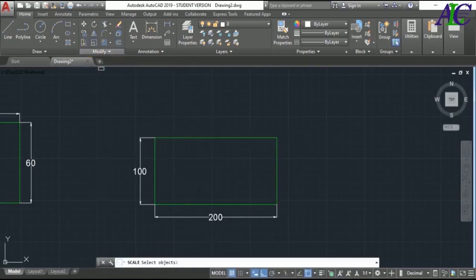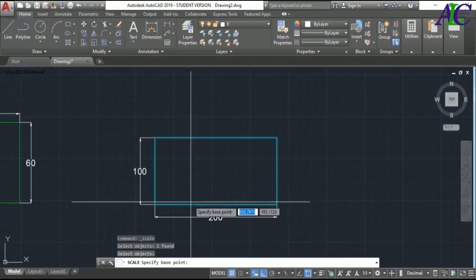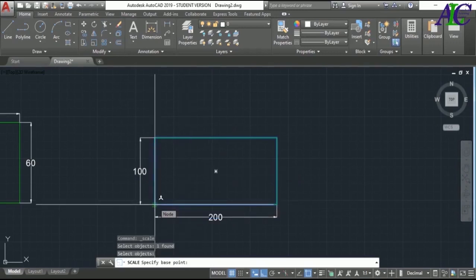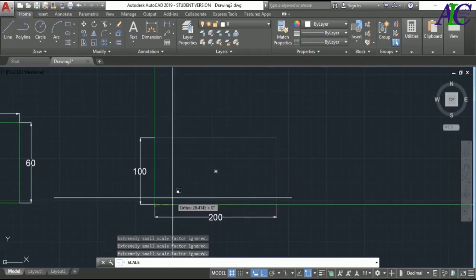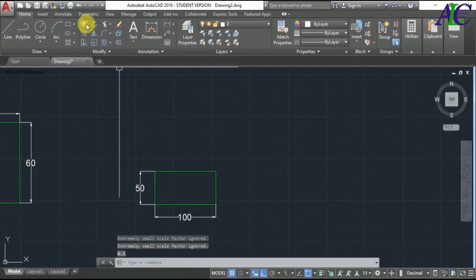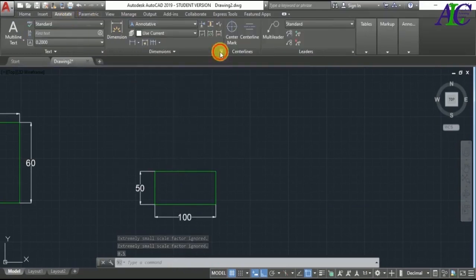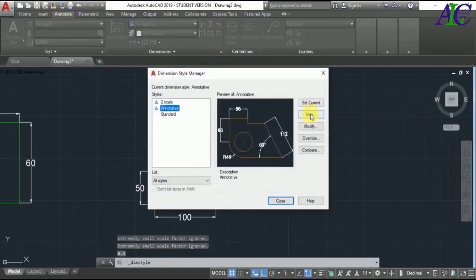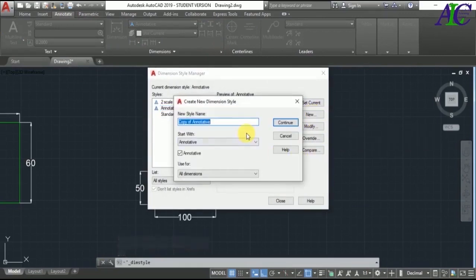Okay, also you can do that if you change your object to make it smaller. So as you can see, let's make this smaller. So specify this base point and let's type 0.5, make it half like that. Okay, as you can see now the dimension changed again. So again go to the dimension style and create a new dimension style in here. So let's rename